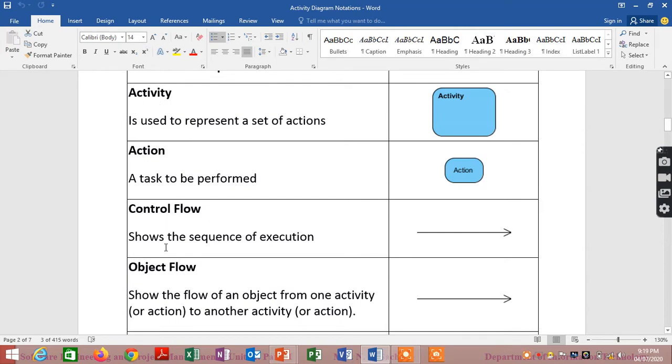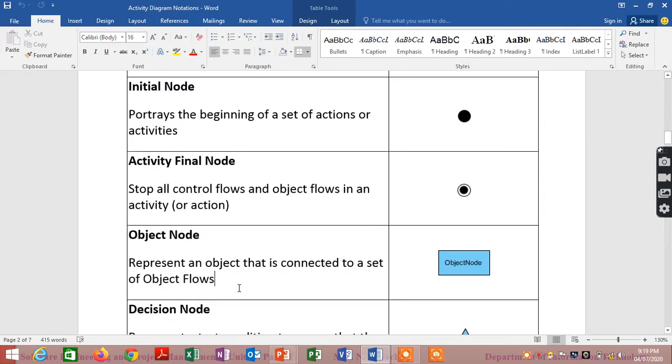Then we have got control flow and object flow. So control flow is the arrowed line which is used to show the sequence of execution, and object flow is used to show the flow of an object from one activity to another activity or action.